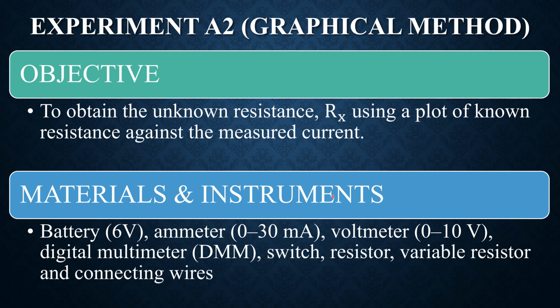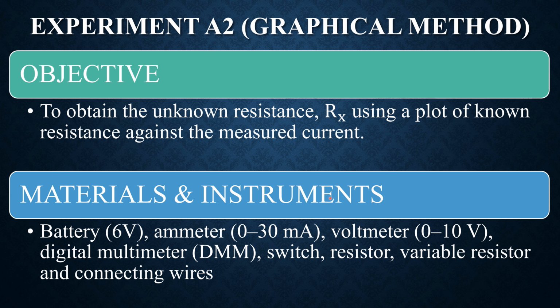Today, I'm going to talk about experiment A2 graphical method. In this experiment, we are going to find the resistance of a resistor using graphical method. So the objective for this experiment is to obtain the unknown resistance Rx using a plot of known resistance against